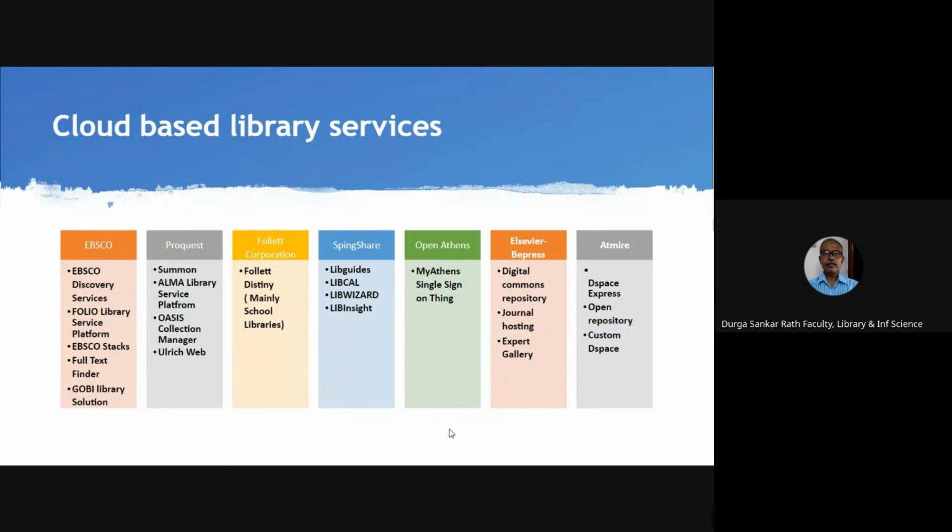Folded Destiny main school libraries, and then Springshare, LibGuides, LibCal, LibWizard, LibInsight, etc. OpenAthens is there, where MyAthens is a single sign-on thing. Elsewhere, bepress, where Digital Commons repository is there, journal hosting, expert gallery, and admire, DSpace Express, open repository, custom DSpace,